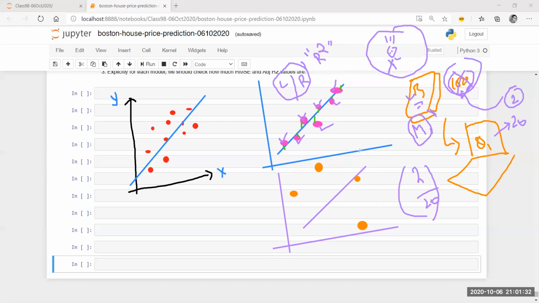So what is happening here is that in the test set, this is where the exam has happened. In the exam there were 20 questions, only 2 questions matched out of 100. So that's what is correctly predicted. Rest everything is incorrectly predicted.